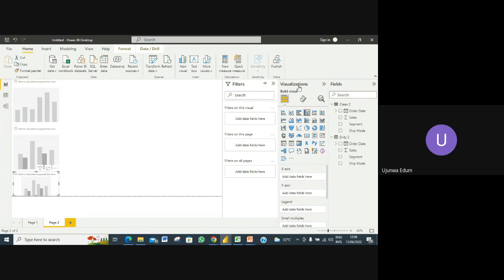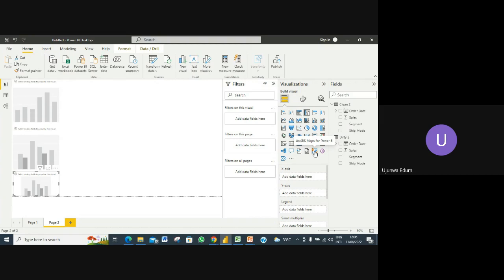Then for this panel called the visualization panel, this is where you do your visualization. So you will have many visuals here. Yeah? If you want more visuals, you click this dot, get more visuals. You understand? So you get more visuals. But for this beginning level, I don't know the kind of insight you want to get that you can't get from here. It is when you start being an expert, with more practice, and more,